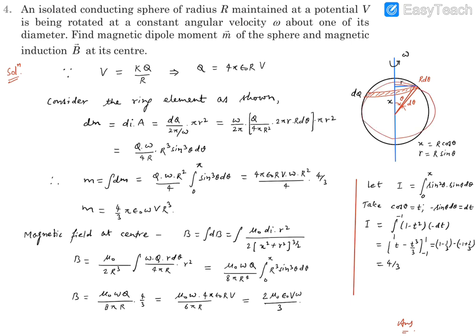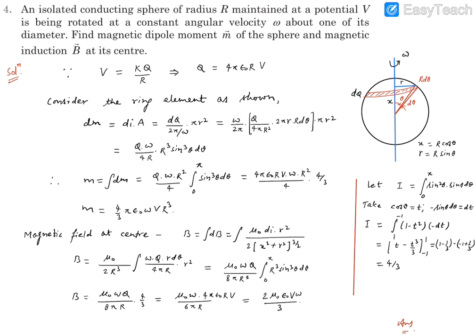So let's say this is a sphere, which is a conductor having, let's say, q charge on it, and it is being rotated about this vertical diameter by omega, which is a constant. Now let's say from this diameter, at an angle theta, we take a small element of d theta, and this will have r d theta thickness. And if it is being rotated, we can think of this ring that is being formed over here. This ring is going to be of r d theta thickness, and let's say small r is its radius, and the center of this ring is at distance x from the center of the sphere.